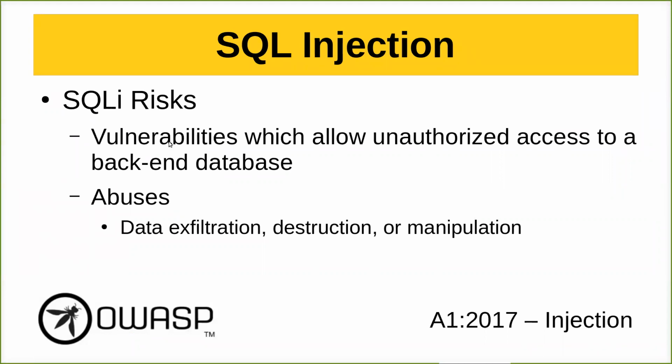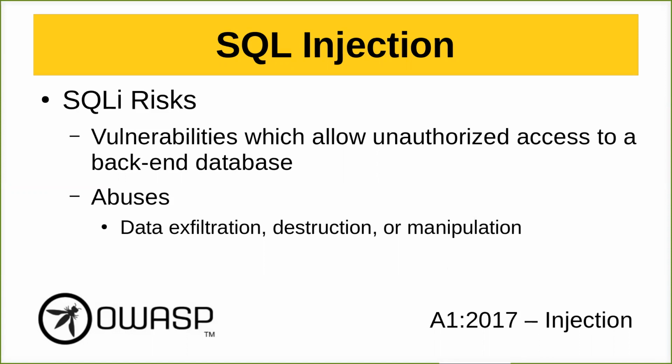SQLi risks, obviously, are vulnerabilities which allow unauthorized access to a backend database. And the abuses can include things like data exfiltration, data destruction, or data manipulation. And again, this is also in the OWASP top 10 list, right? It's A1. It's like at the very top of the list. It's been at the very top of the list probably since its inception, or very close to it. Maybe the whole time. It's been a problem for a very long time, and yet it still just doesn't seem